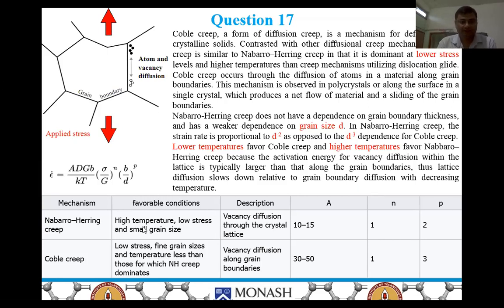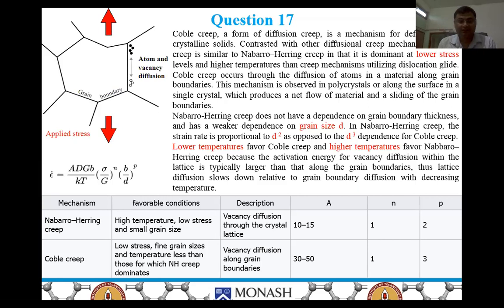Nabarro-Herring creep occurs at high temperature and low stress in small grain size, and Coble creep occurs also at low stress and fine grain size, but the temperature is less than that for Nabarro-Herring creep. The grain size in Coble creep is much finer, because when we have finer grain size, then we have more grain boundary area, and more grain boundary area will favor Coble creep because the diffusion occurs along the grain boundary,